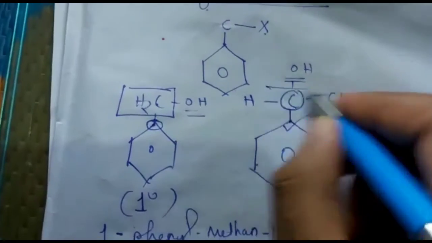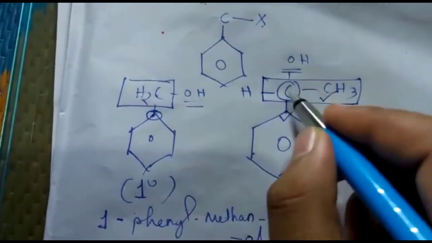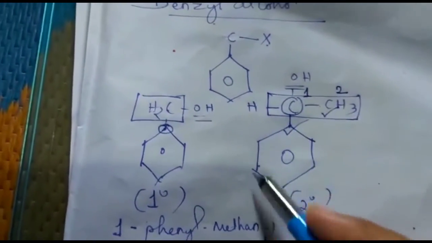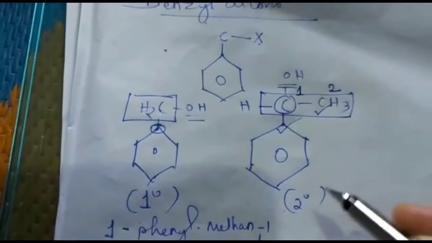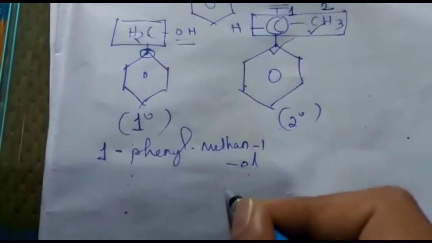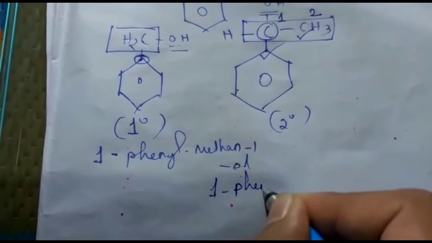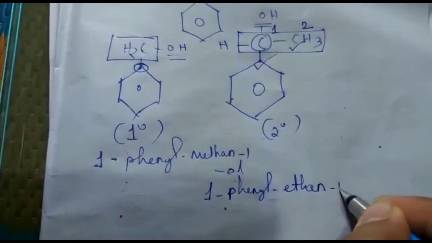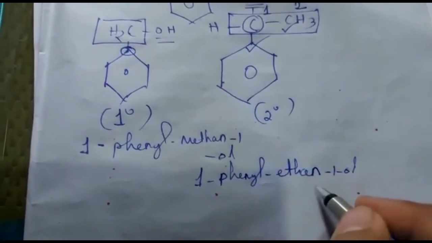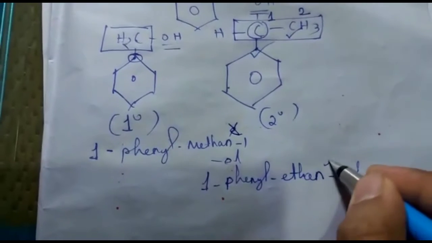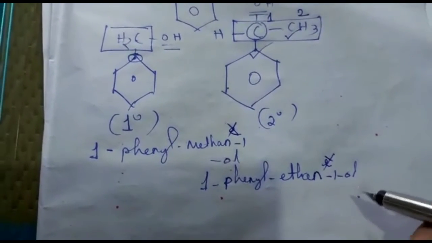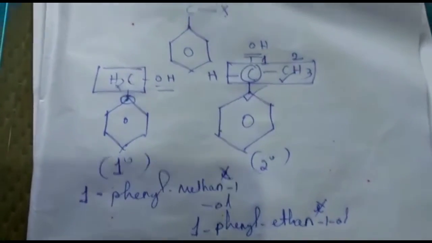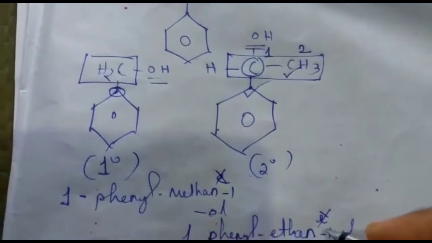Now this is our main carbon chain. So it is 1 position and it is 2 position. In the first position both the benzene and OH are attached. So the IUPAC name of this one is 1-phenyl, ethane, 2 carbons are there in the main chain, so ethane, 1-ol. Here see, in the methane and ethane I am not writing the e. You can remember from standard 11, if ol is present, then we simply deduct the e. Remember this one. Therefore I am not writing the e.